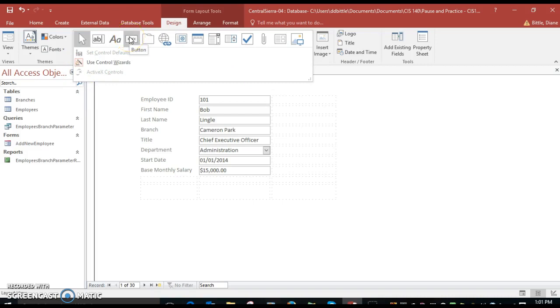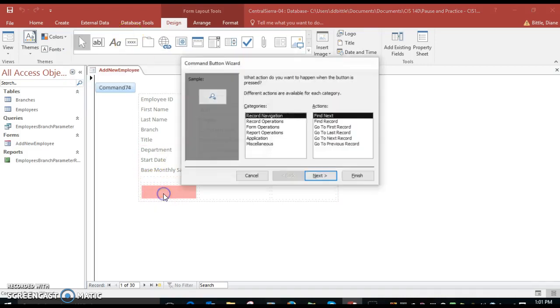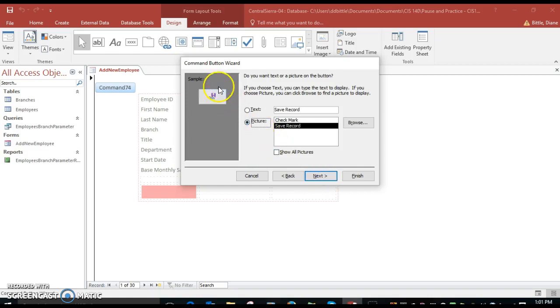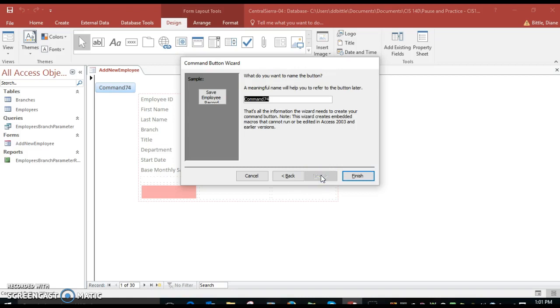With that now, we're going to go ahead and click the button command, and we're going to place a button down at the bottom left-hand corner. The first button is going to be a records operation, and we're going to save the record. We could add a picture here, the Save Record picture, or you can add text. Let's add text and call it Save Employee Record. Click Next. Now you want to give it a meaningful name. This form is being used to add new employees, so we're going to say Add Employee, or EMP, Form